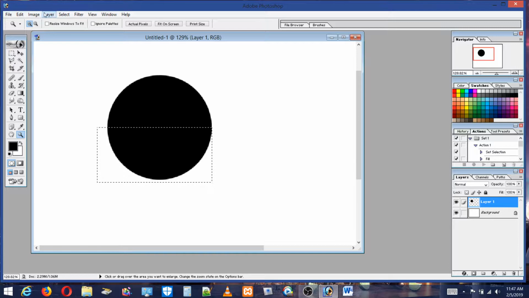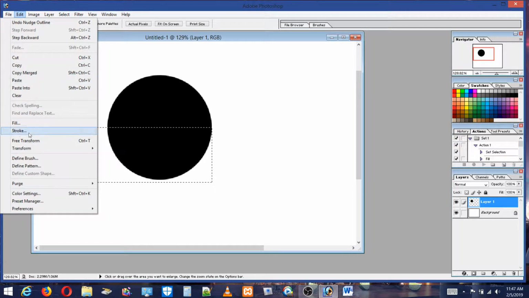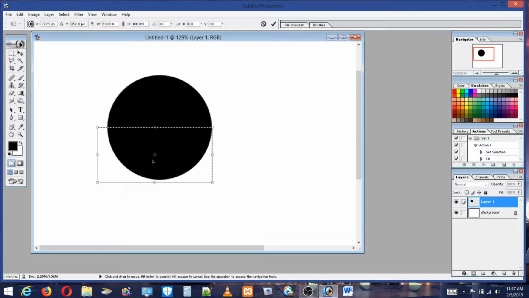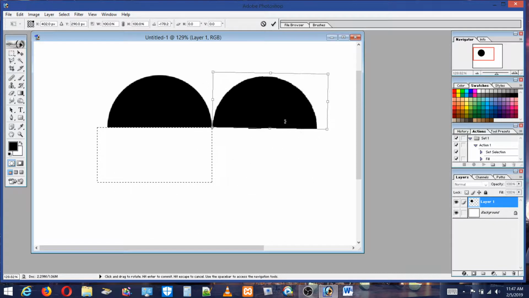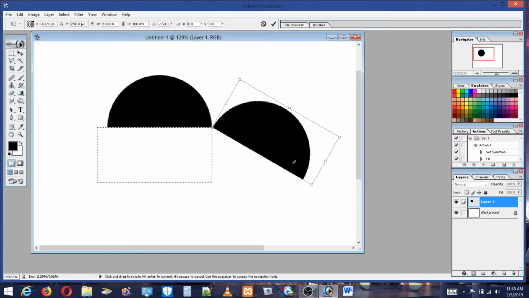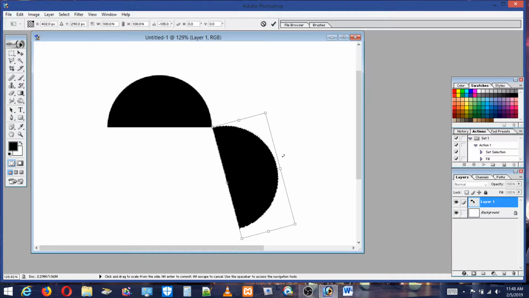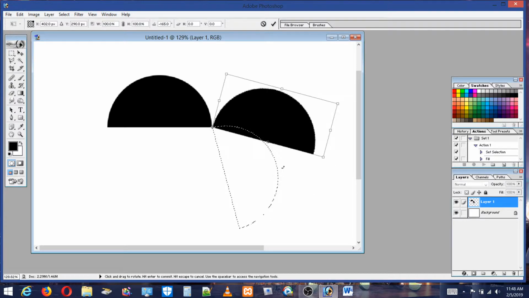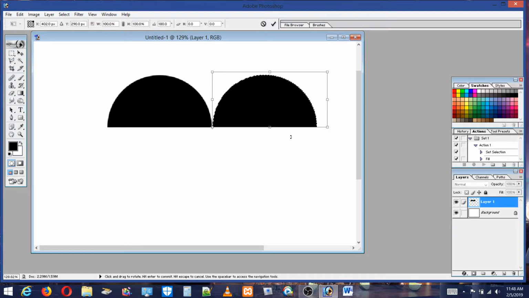Okay, so now I do edit, free transform. This right here, when you have a selection, you always see this in here. That's a center pivoting point. You can move it up there, and it's like a magnetic stick to the corner. And now I can just take that circle and hold shift. The shift gives increments like this, and the increments make it easier to line up with a perfect straight across,